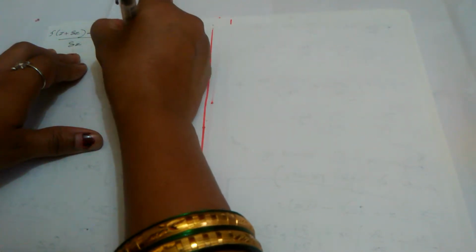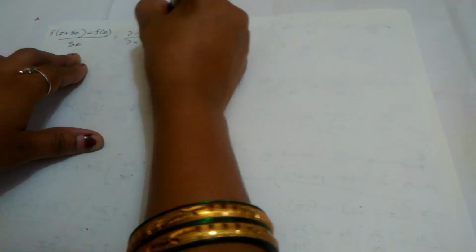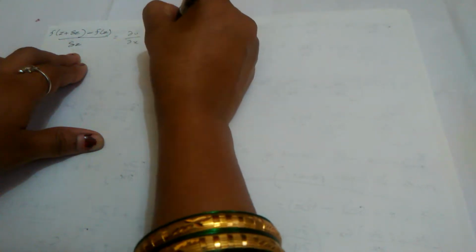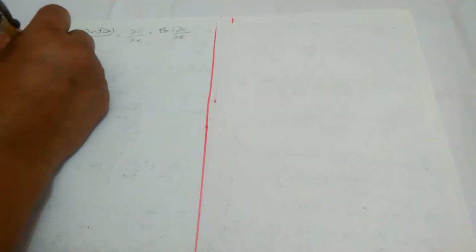So how will we solve the further equation? We will be getting this is equal to Δu/Δx plus i Δv/Δx. So applying limits on both sides,